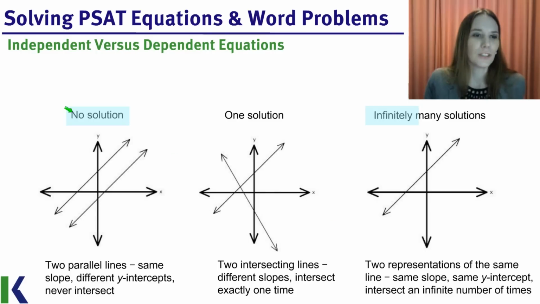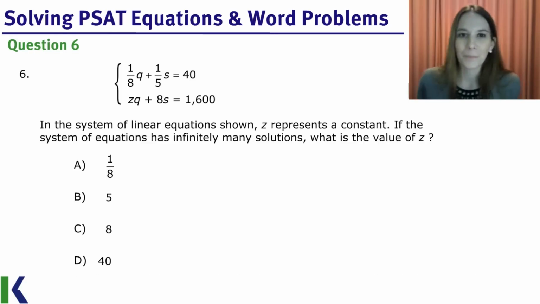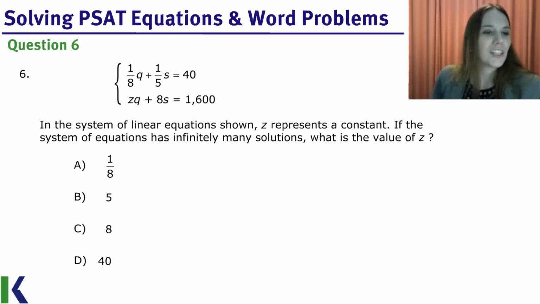If you have no solutions, this is code for they're parallel. If you see infinitely many solutions, this is code for they're the exact same line. And we're going to take a look at one of those questions in just a second. Here we go. Okay, so we look at our question here, and we're solving for the value of z, but